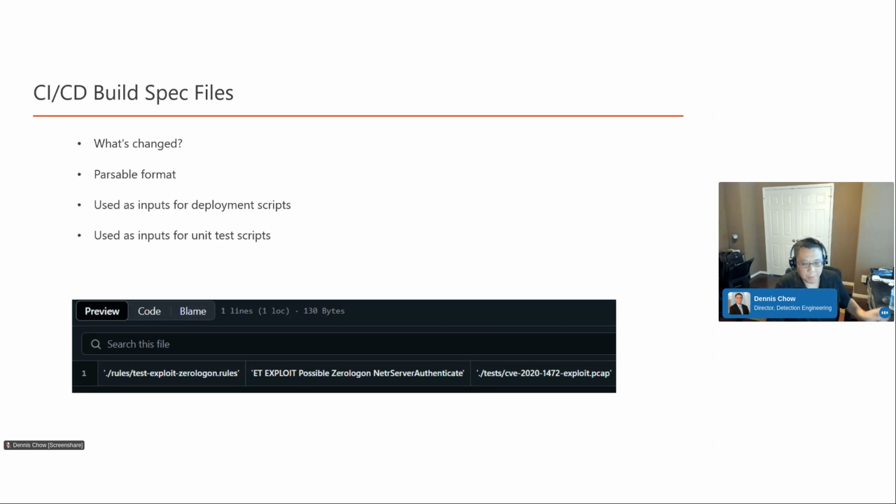So what is a build spec file? Again, this is something that's what's changed. What do I care about for deployments and testing itself? So the parsable format could be anything. I'm using a CSV file because it's super easy and I can iterate it over a loop of lines if I'm lazy. And so especially if you don't have an advanced support for, like, your language, I mean Python is, for instance,